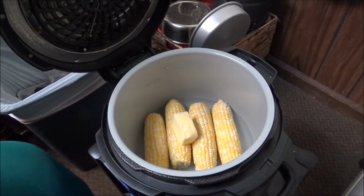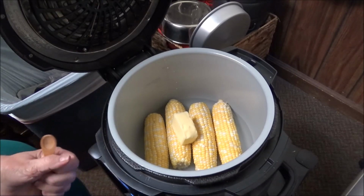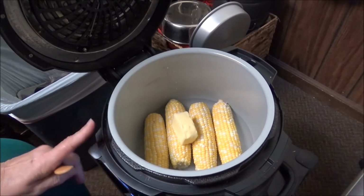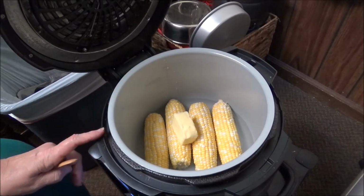Okay, I'm back, y'all. I was going to fix some mashed potatoes to go with this roast, but I don't know if I'm going to like this roast or not. I don't know. It's got a strong...